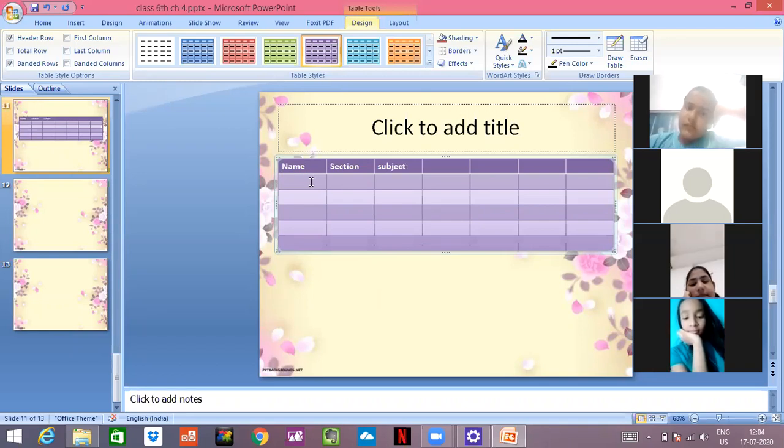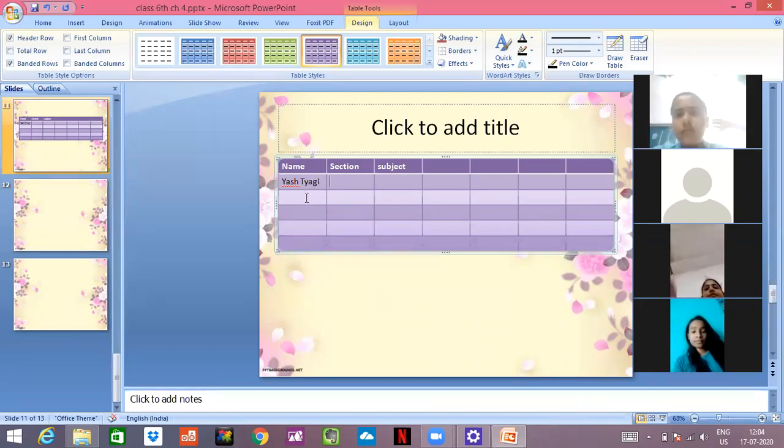And here I'll write the name, whatever I want to. For example, I am saying Yash Tyagi. Okay. Section, subject, whatever I want to write, I can write. So if you want to go down, you can just take your mouse cursor. I think it is clear to you all.